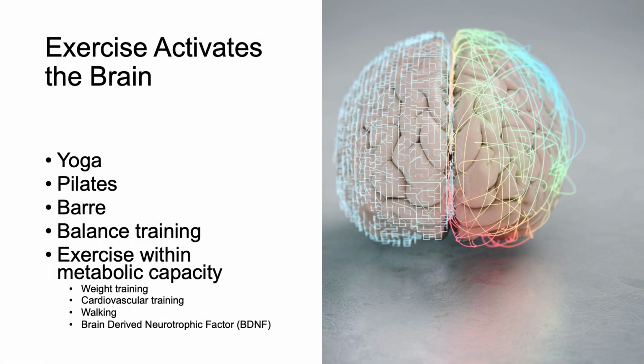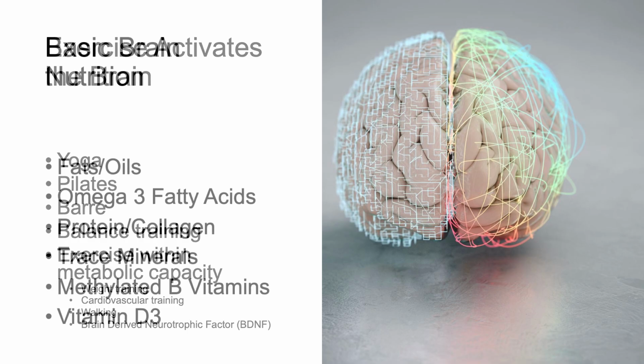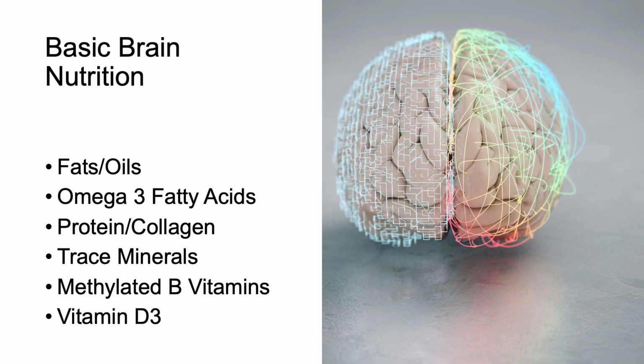I was going to talk to you guys about brain-derived neurotrophic factor, but just know that it's a chemical release in our brain when we exercise, and it does amazing things to help with that connectivity. And along with exercise, releasing serotonin and dopamine and norepinephrine to try and help boost those amounts in our brains. We talked about this a little bit already. So again, basic brain nutrition,